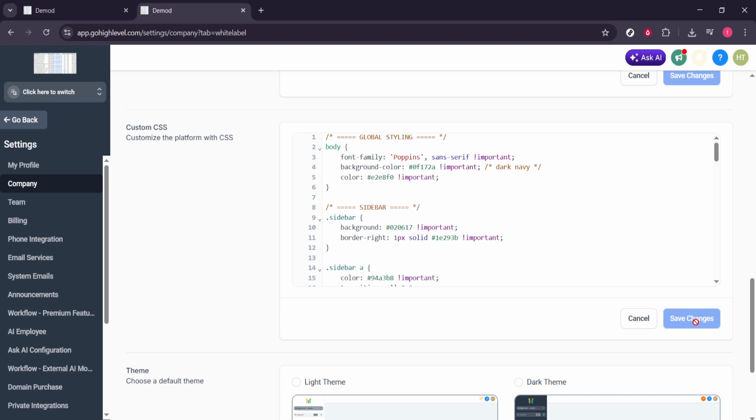That's it. You switched to Agency View, navigated through Settings to Company, opened the White Label tab, found the Custom CSS area, pasted your styles, and saved. With that, your high-level dashboard now reflects your